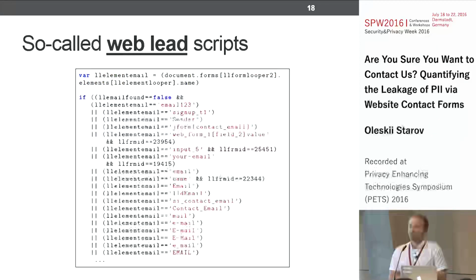But the most intrusive leakage we found among these marketing solutions were so-called web lead scripts. Here we see a snippet of a script that, in a universal fashion, iterates over all web forms present on a web page and tries to parse what kind of information is being asked in each input field. Here we see a very small part of the code, but it tries some hard-coded values for email. And the code resumes, as it also tries to match and parse zip code, name, and so on, different kinds of information. After that, they capture it and transmit it to their own backend server.